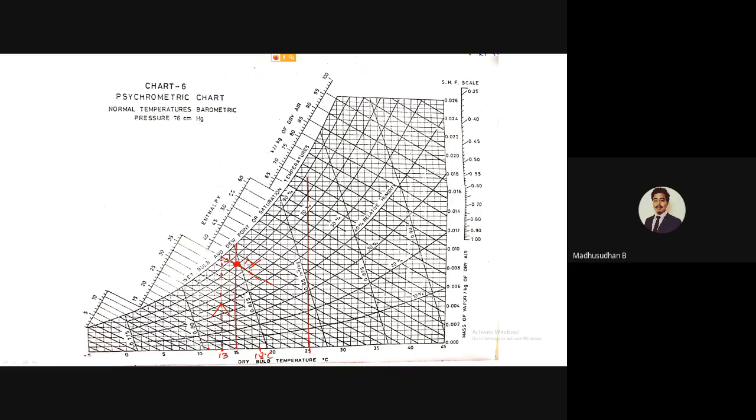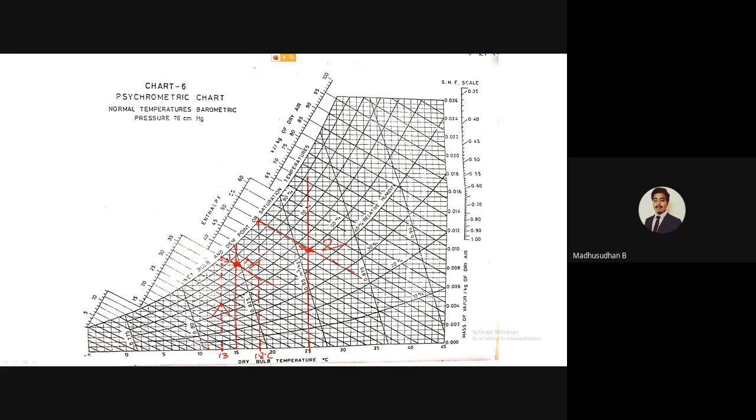Okay, so what you have to do from the WBT? You have to trace it vertically till where? Till it cuts the saturated line. So here it is cutting the saturated line. From the saturated line, what you have to do? You have to trace the isoenthalpic line, which is this particular point here. I'll be tracing backward along the isoenthalpic line like this. The intersection of these 2 points can be marked as what? Your state 2. Got the things?